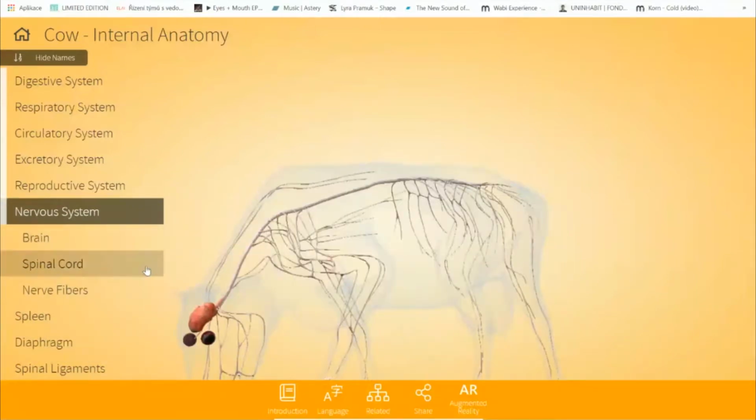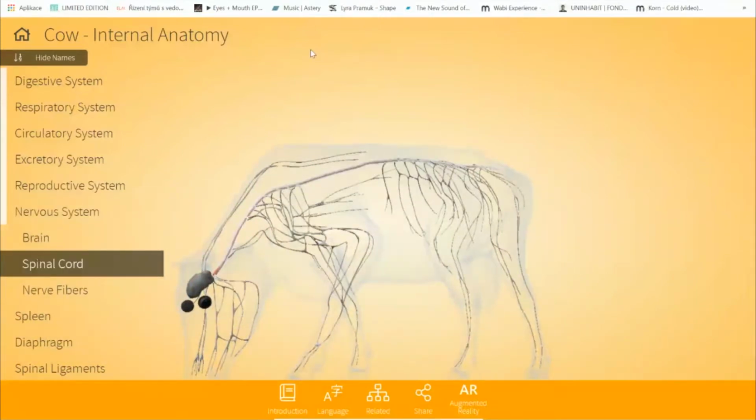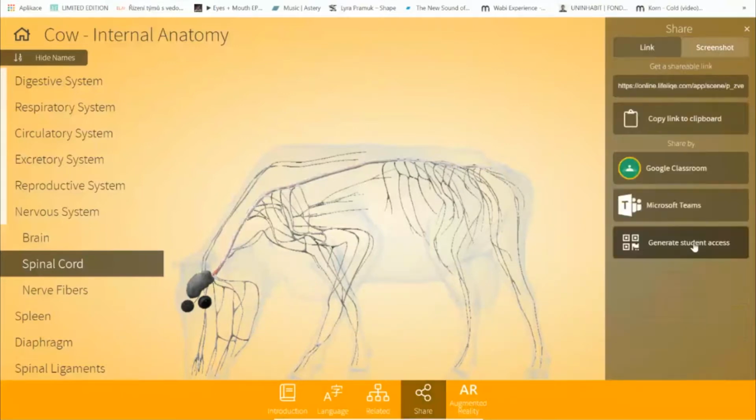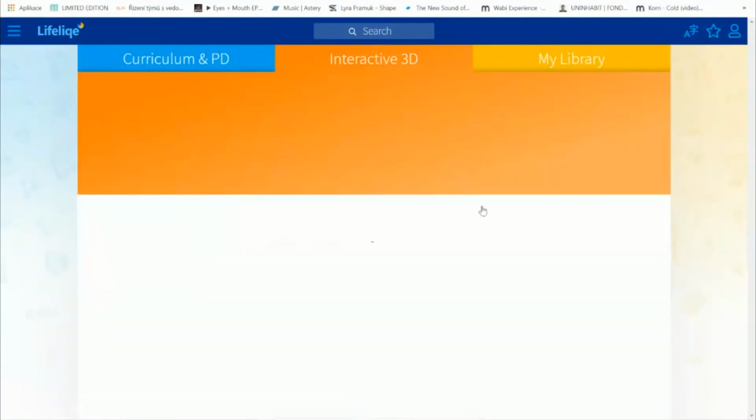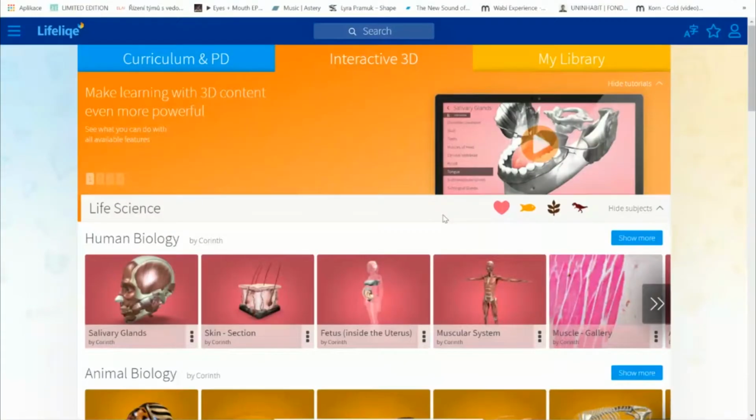Now, here once again, you can see the difference between the student access, the possibility of generating the student access code and sharing to Teams, because I can click on home page and I can go on and explore some other types of content,